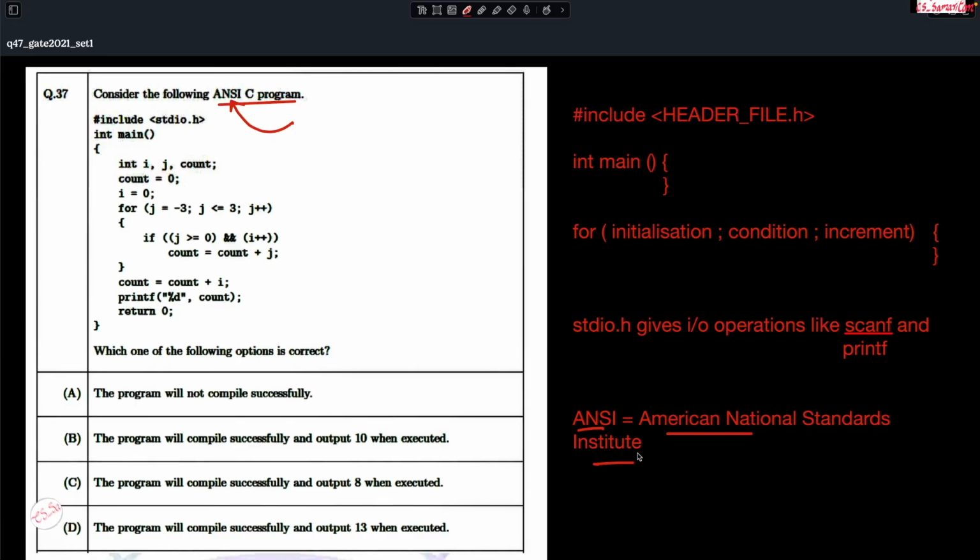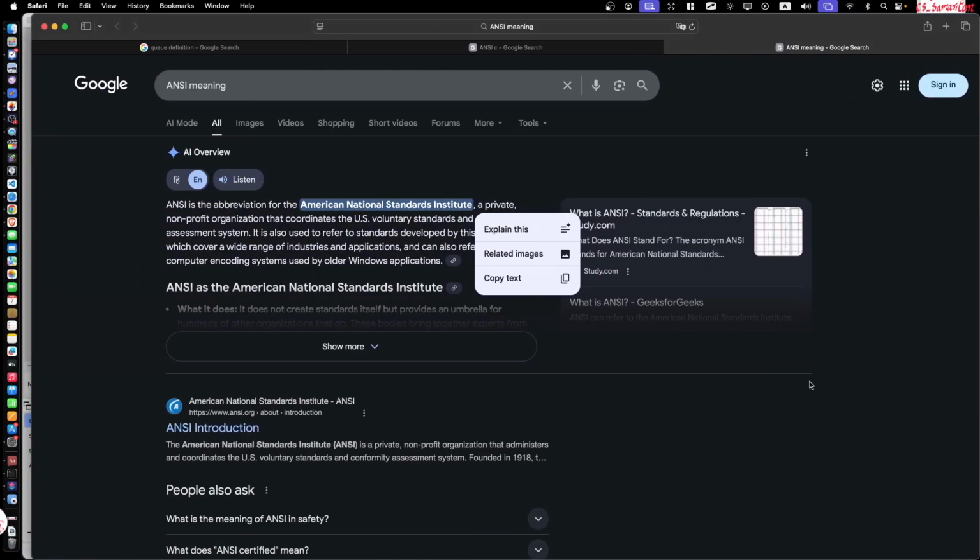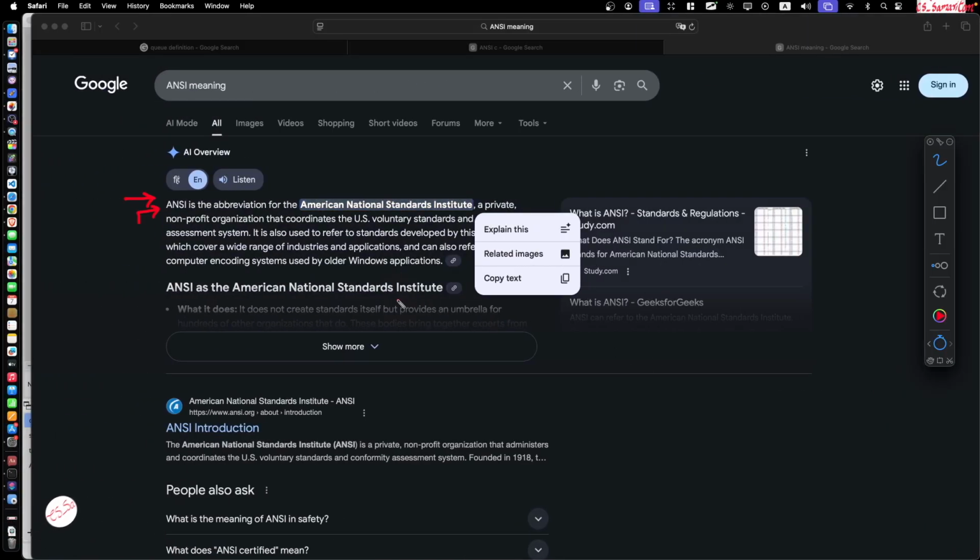ANSI C specifically basically means a multi cross-platform compatible standard on which C is based, right? It is a pretty old standard and all recent compilers and the C that you generally study follow this ANSI C. So when you study C language, what you are studying actually is ANSI C. So there's nothing to be scared about this. I'm not just making this stuff up. You can search on Google and it's present there also,